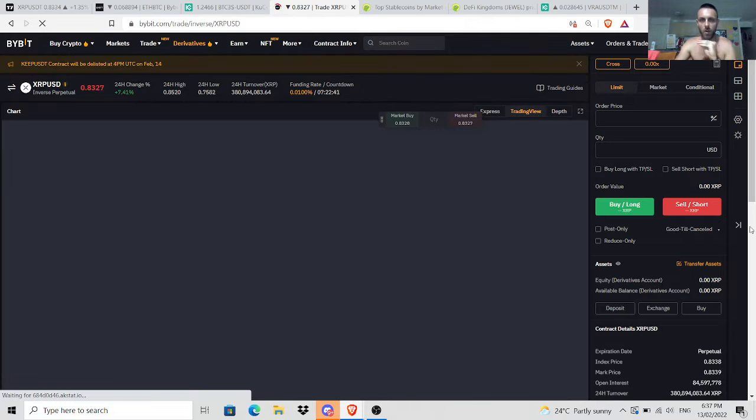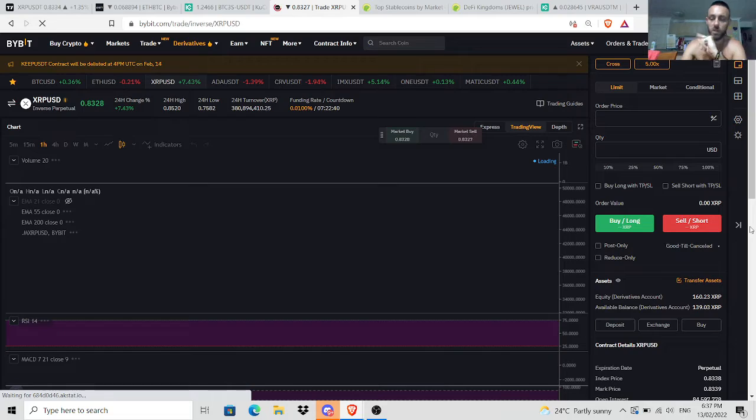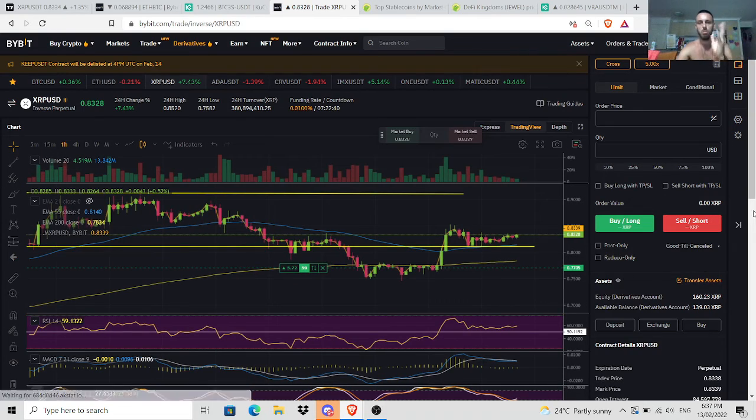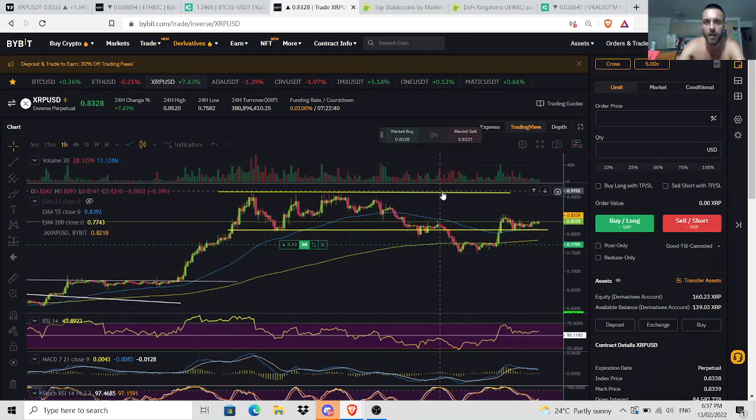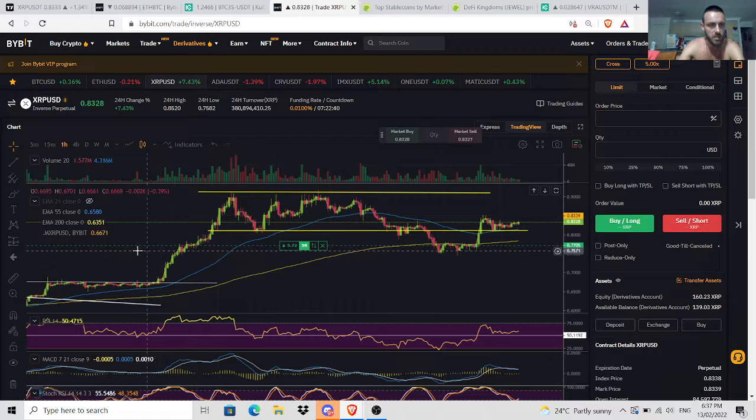And I'm seeing the same thing for other coins. It's like we are holding this bottom. But the question is, are we going to hold the bottom and just push up a little bit? Or are we going to hold the bottom and break the high and continue the uptrend? That is the interesting question. You see my entry is down here on an area of value, and we found bullish divergence.